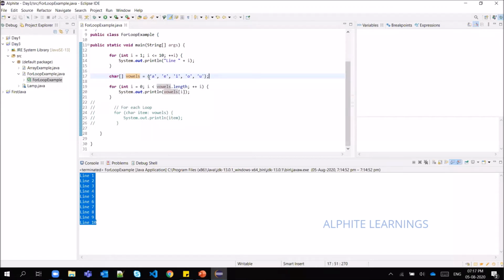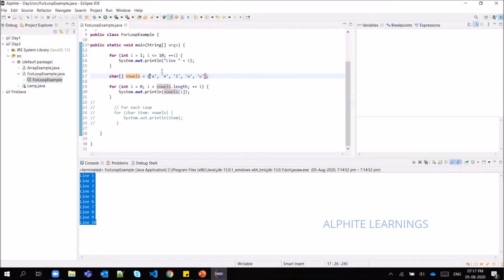The name of this array is vowels, and I have given the English vowels inside my array. To give values, it should be inside curly braces. Since it is character, since it is letters, you have to give them inside single quotes. If it is an integer array, you give number values, and you don't need single quotes. We will gradually learn this in upcoming programs, or maybe in the advanced ones as well.